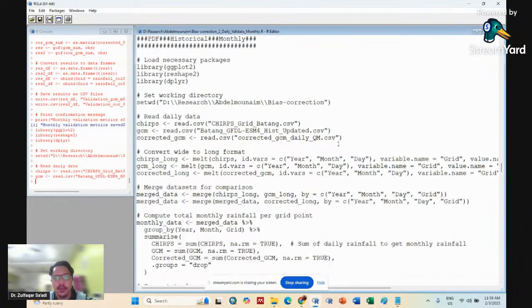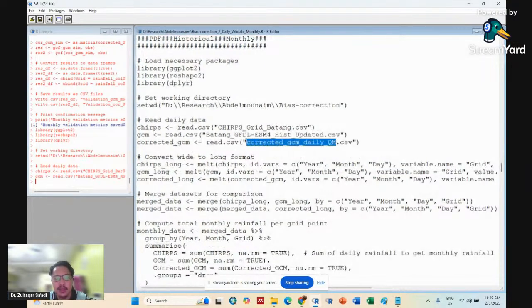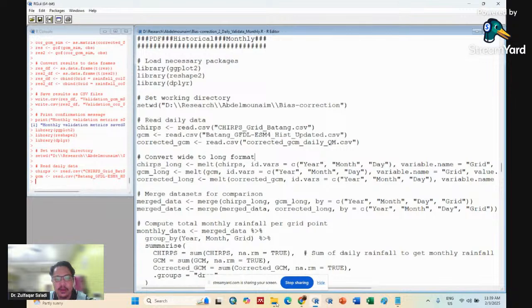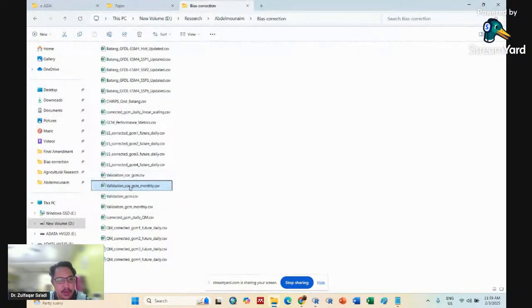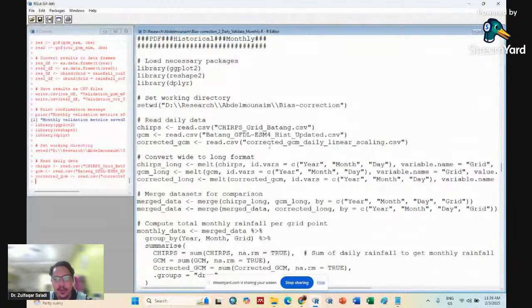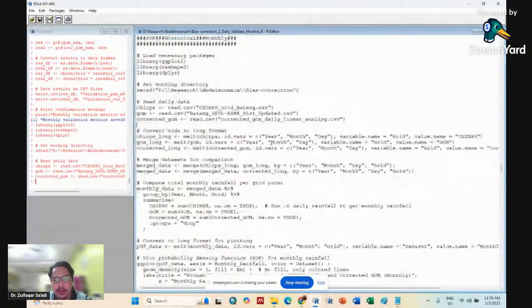Because we already prepared linear scaling and quantile mapping just now, right? So you can put any dataset. For example, I put quantile map linear scaling first. Let's see, corrected linear scaling. So we have corrected linear scaling. Okay, we run linear scaling first, and then convert this